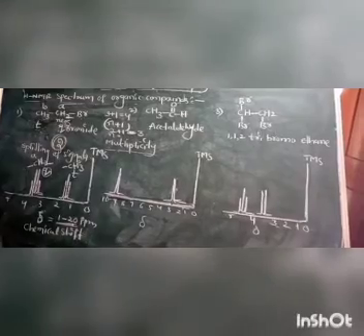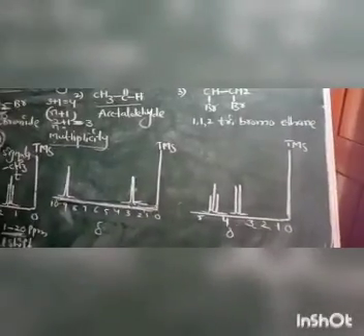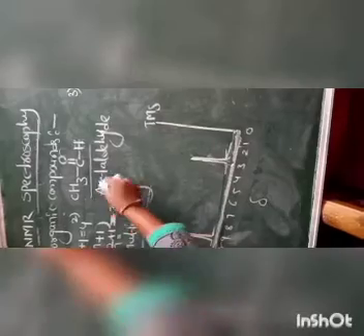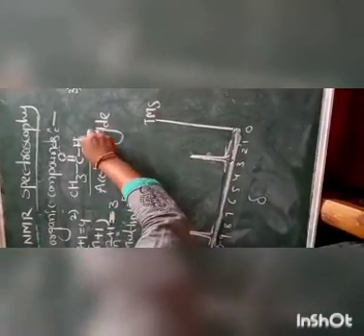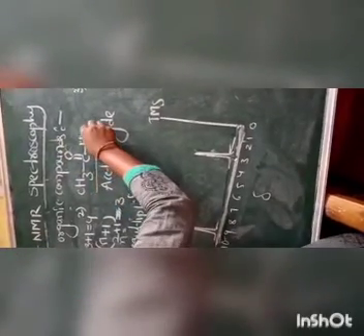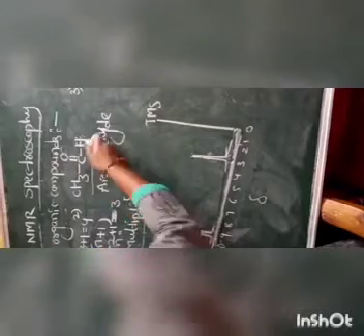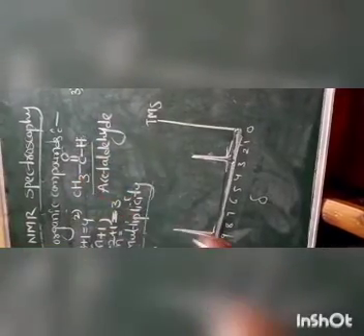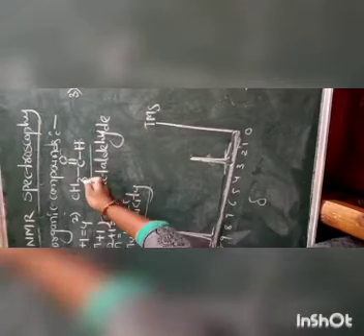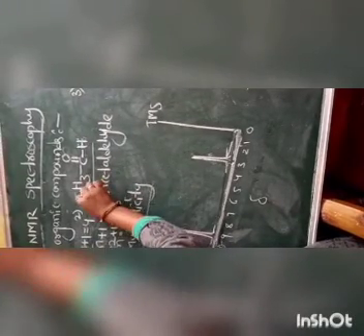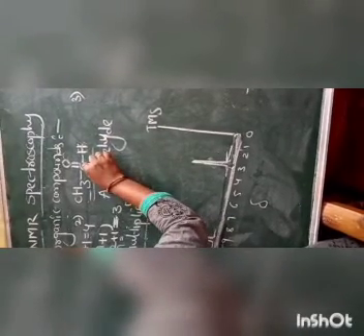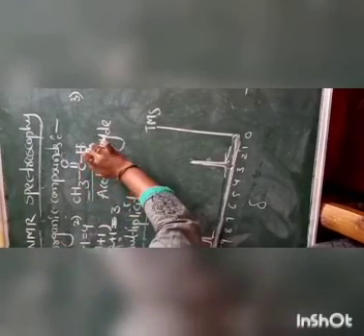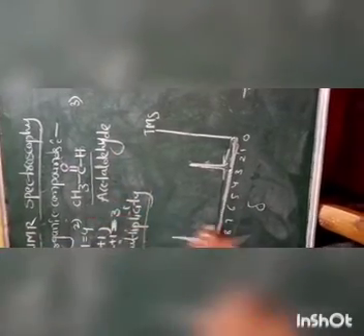Okay. So next we'll take another example, acetaldehyde. The structure of acetaldehyde is CH3 C double bond O H. In this acetaldehyde molecule, first we check how many types of protons are present in this molecule. So in this molecule, 3 protons are present at this one carbon atom, and 1 proton is present at the C double bond O carbon atom. It is the carbonyl carbon. So the carbonyl carbon is attached to 1 hydrogen, and 3 methyl hydrogens are present.